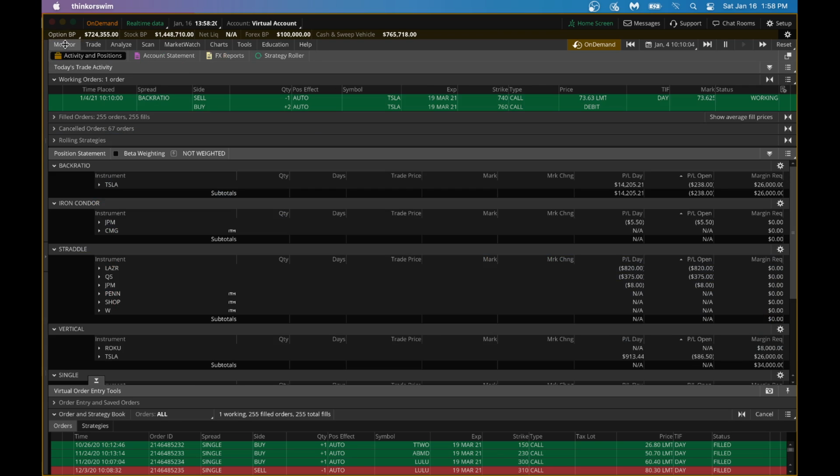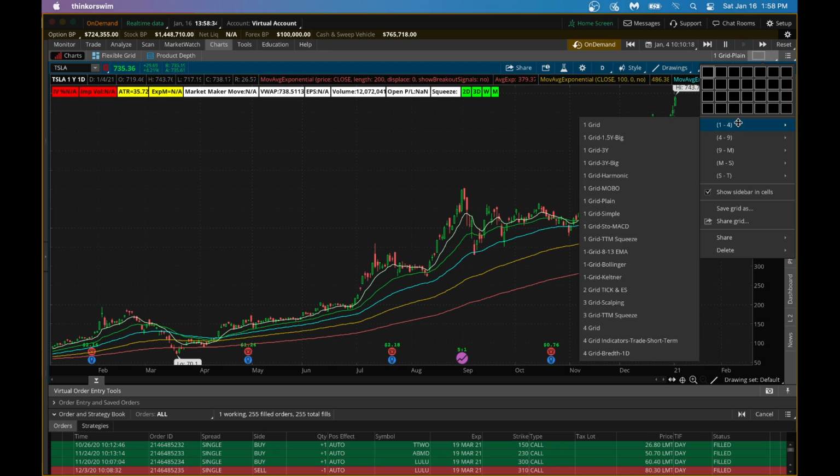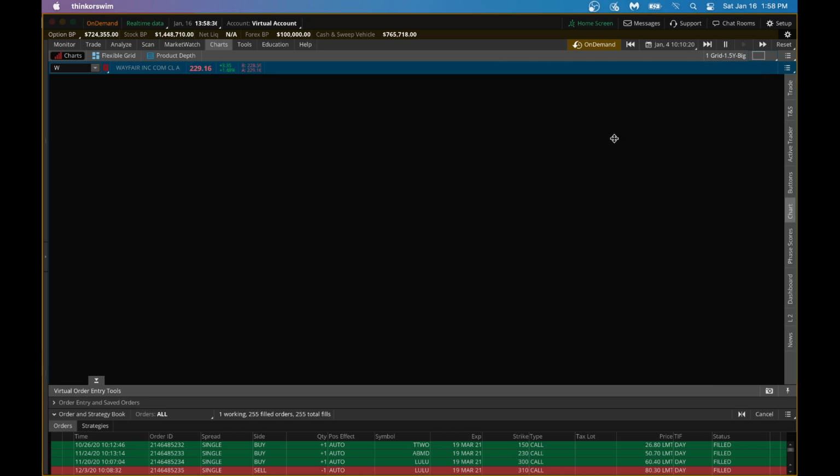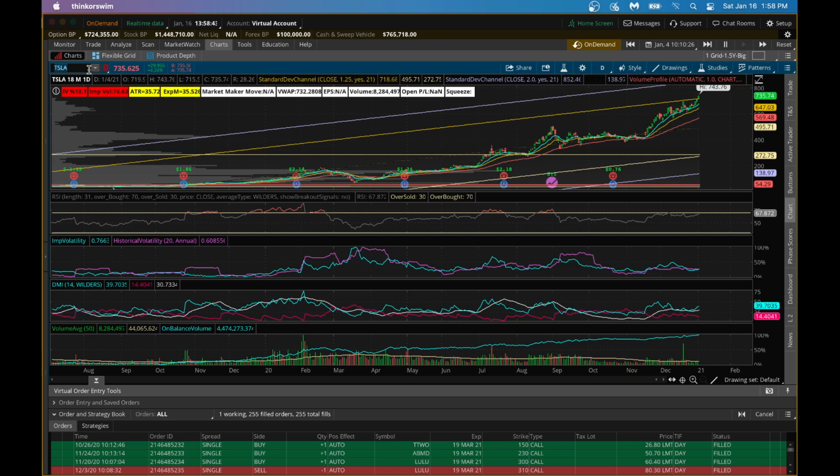Let's see if we have any open orders. Okay, this is the only open order. 763, 762 should fill any time. In the meantime, let's look at the Tesla chart. A different chart pattern here. So if you look at Tesla right now,